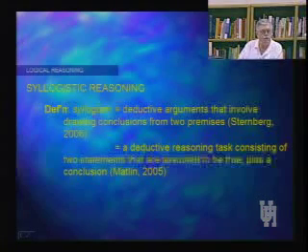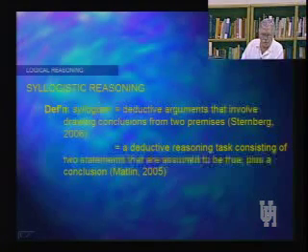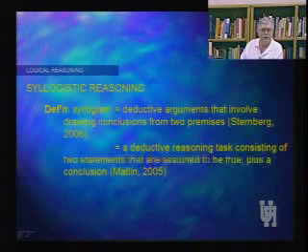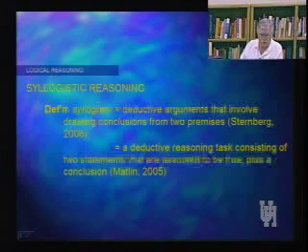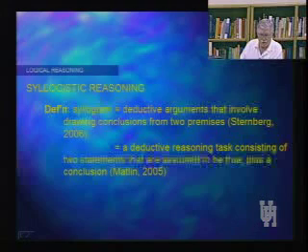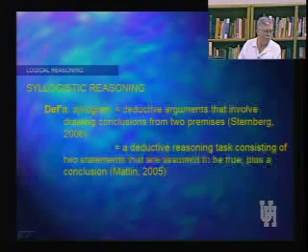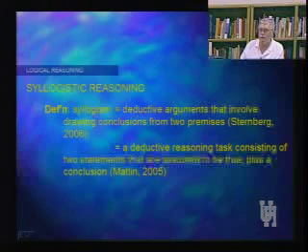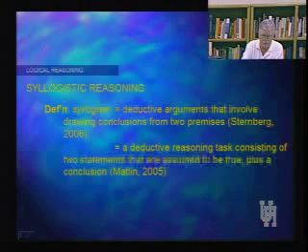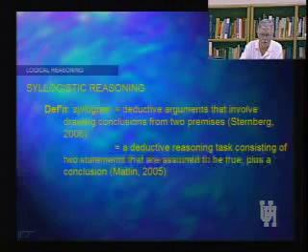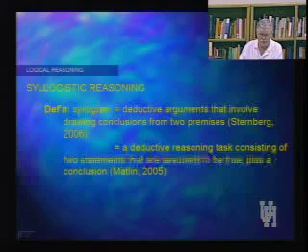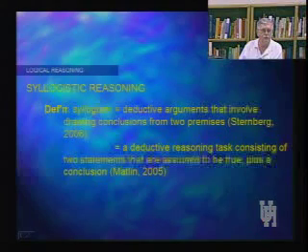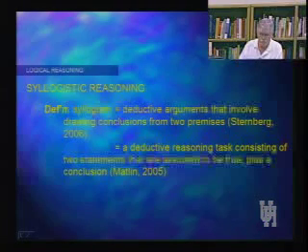Interestingly enough, that's a looser definition than the one that she included in her fourth edition back in 1996, which did not require a conclusion to be drawn from the two premises. A deductive reasoning task consisting of two statements that are assumed to be true plus a conclusion. She's added that, which really further restricts what we mean by a syllogism. And in fact, as you can see in Sternberg's definition, he does include the necessity of a conclusion. That really is the technically more accurate definition of a syllogism.